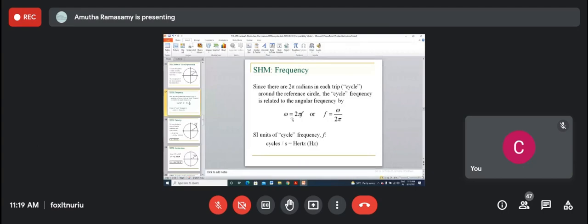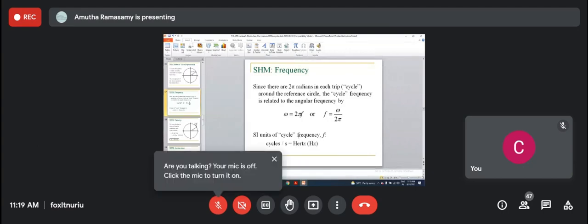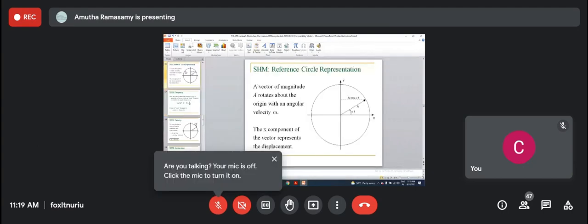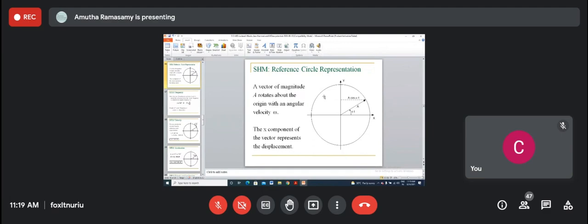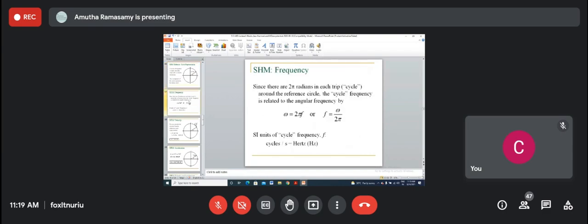Yes, this is the frequency I explained in the class. So this is the two-dimensional representation of the simple harmonic motion. It starts from here, it comes here. So one cycle, two cycle, three cycle, it goes on. So what is the amplitude you talked about? That is the A cos omega t. How is it coming? Because the angular velocity, that is omega t, is taking care of this. So this A cos omega t. And now the frequency I explained.